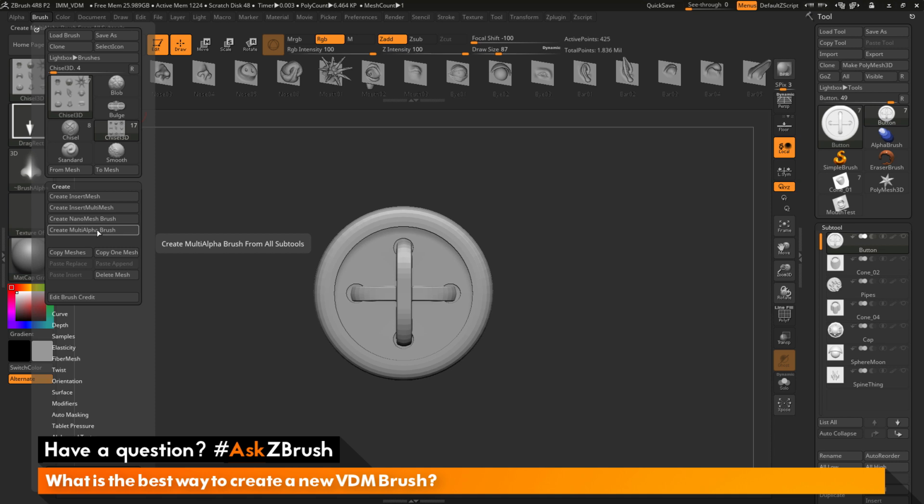Now when I click Create MultiAlpha Brush this time, ZBrush is going to go through all the subtools in the scene here. So it's going to look at every single subtool I have here and create a new part out of that. Now since I have a mixture of meshes that are generated from that grid plane and some that are not, ZBrush is going to take any of the ones that are generated from that grid plane and automatically turn those into VDM parts. And then any of the other parts that were not generated from the grid plane, these are just going to be created as normal